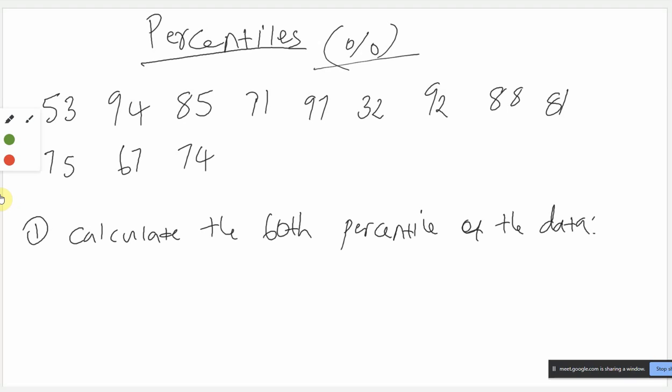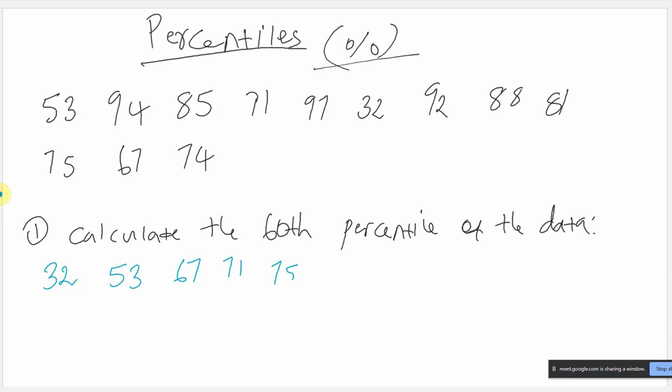So what you will do here is, first thing first, this is the rule of stats, you must always remember it: arrange the data in ascending order. You're going to arrange this data from the smallest to the highest. So my smallest number is 32, then followed by 53, then followed by 67, and then followed by 71,